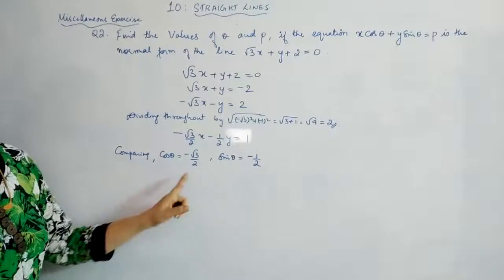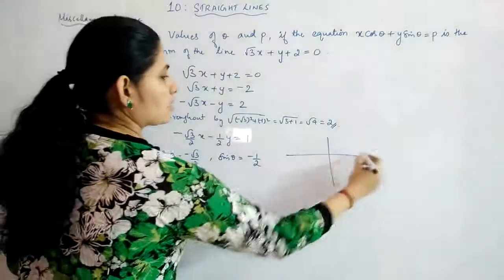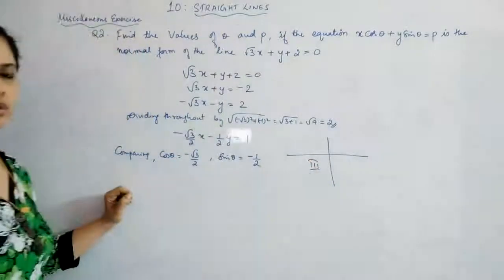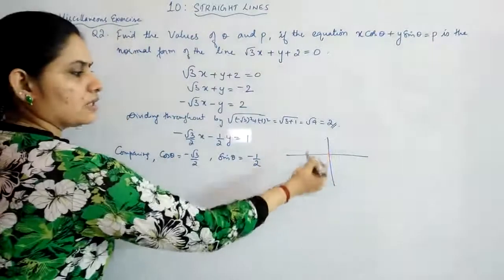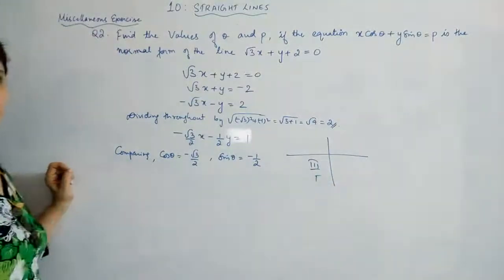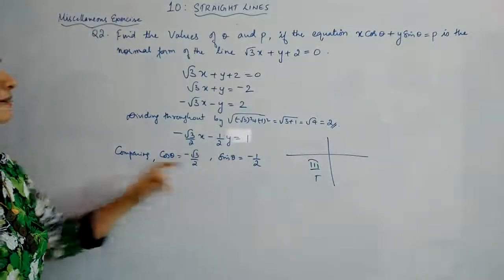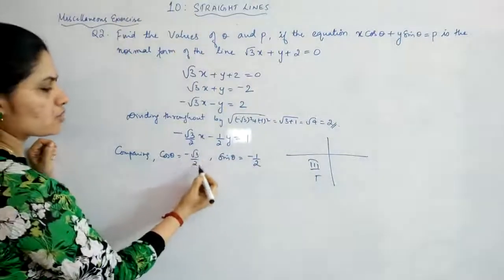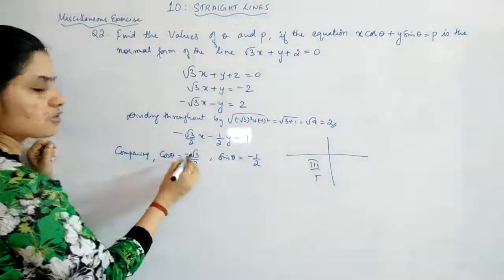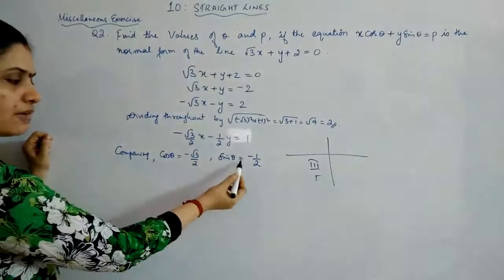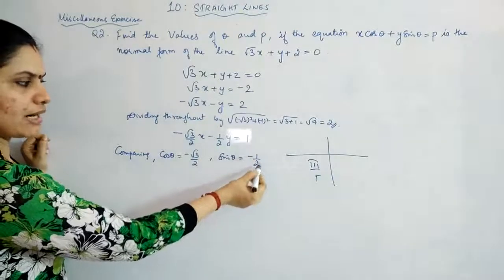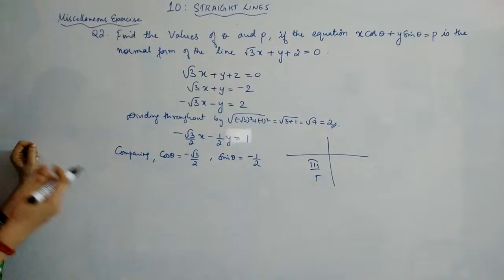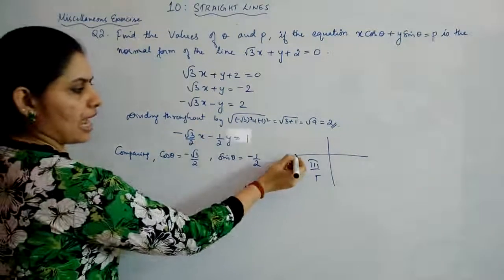So both are negative. When both are negative, the angle is lying in the third quadrant where both sine and cos are negative. All Silver Tea Cups. So here tan is positive means both should be negative, right? So the angle should be taken as, first we have to see what is root 3 by 2 for the cos angle. It will give you pi by 6. Same for sin theta, 1 by 2 is given by the angle pi by 6, that is 30 degrees. Now we have to make it in the third quadrant, which means we have to add pi.